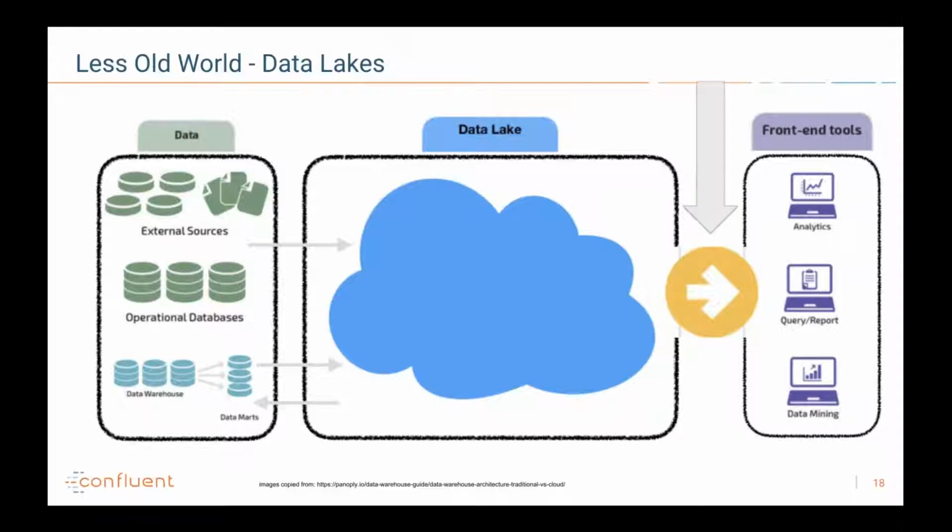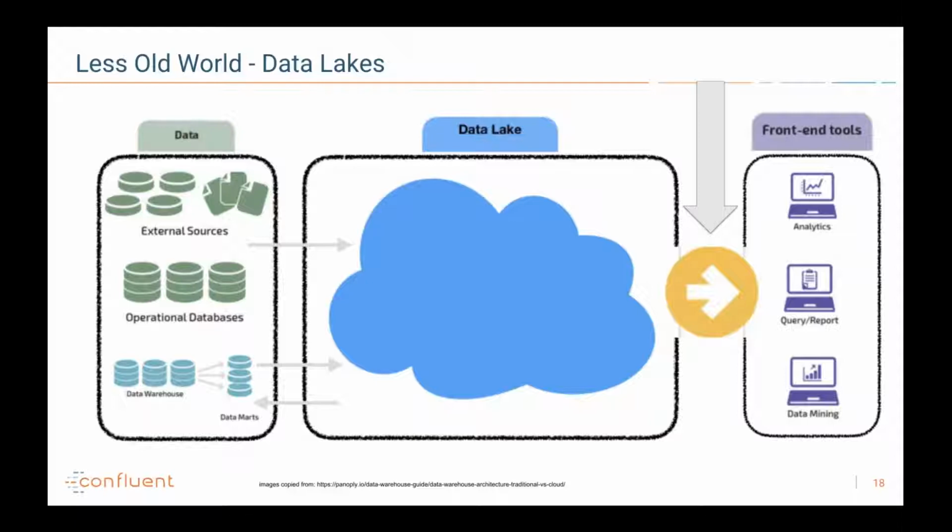And the schema is now done on read. So the front-end tools out there for the end users doing AI or machine learning are all going to have to cleanse the data as it's coming out of the data lake. And this has worked fine, and the combination of both strategies is used in a lot of places.